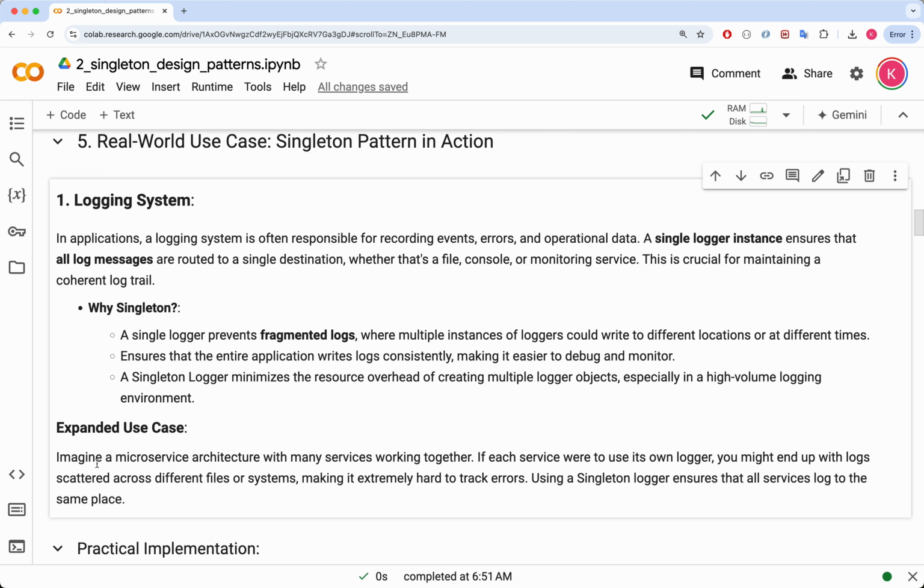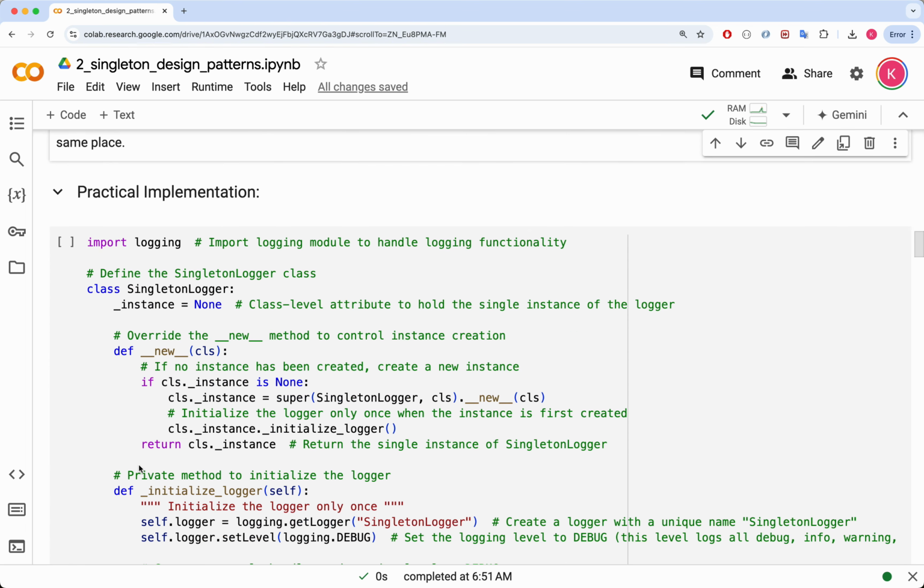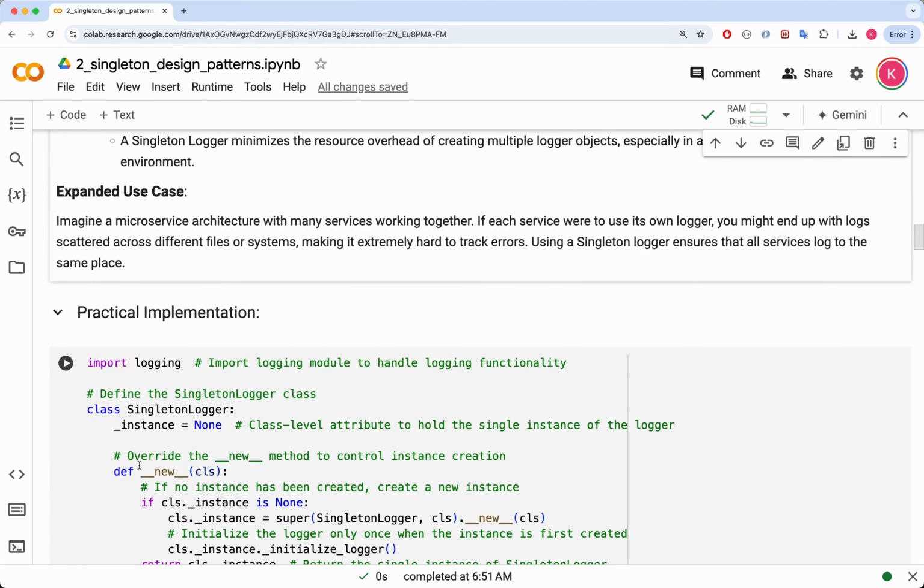Expanded use case. In a microservice architecture where multiple services are working together, having each service use its own logger could lead to scattered logs across different files or systems. This would make it difficult to track errors, understand the flow of data, or correlate events between services. For example, diagnosing an issue might require piecing together logs from multiple sources, resulting in inefficiencies and a higher chance of